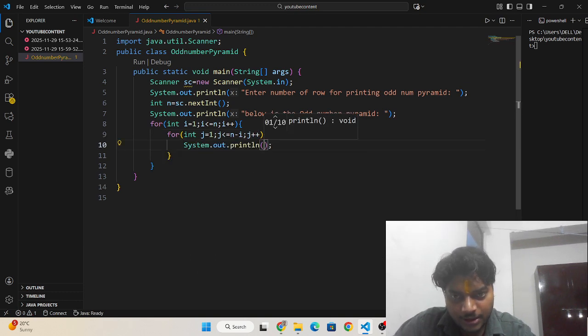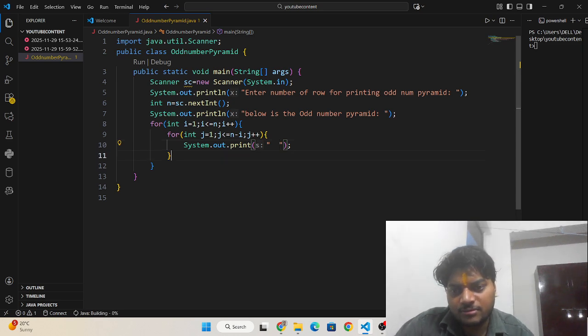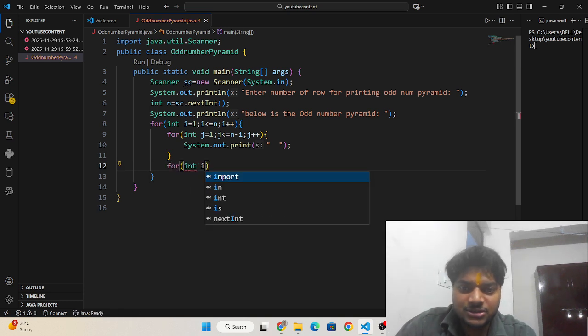And I need to write an output statement, print two spaces so that the alignment can look better. Then I need to write a for loop again to print numbers in each row.